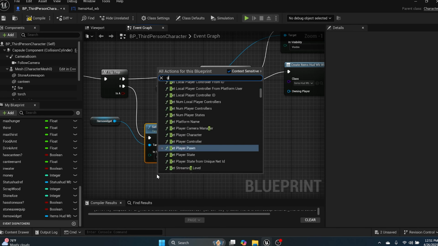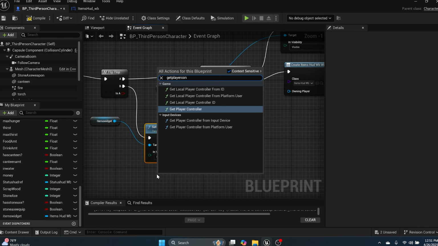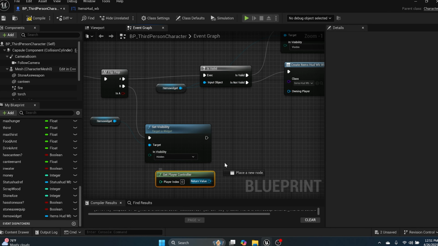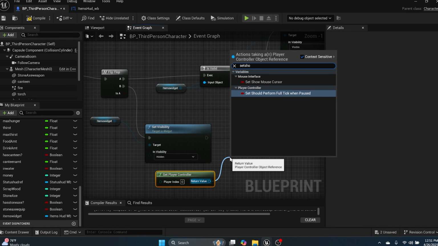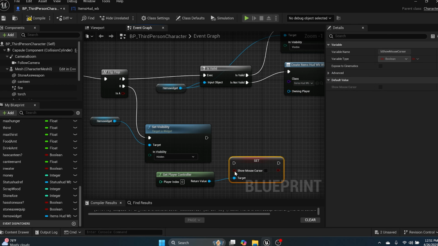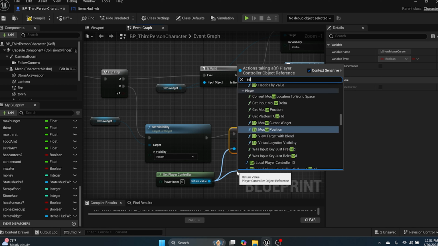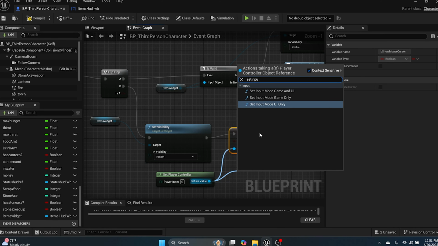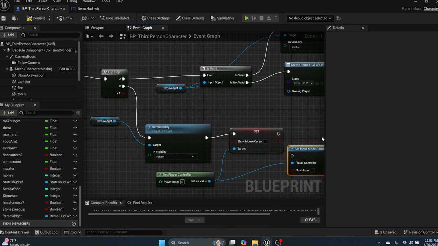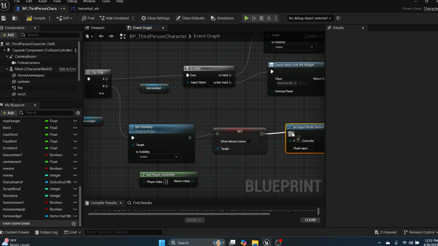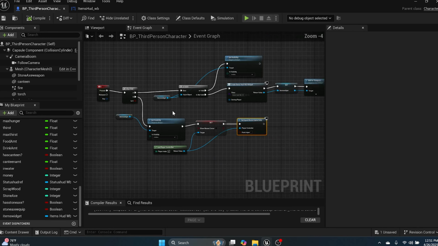So get player controller, set show mouse cursor to false, set input mode to game only. Okay. So now,